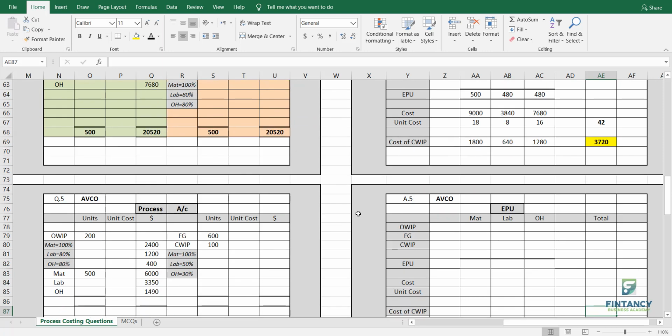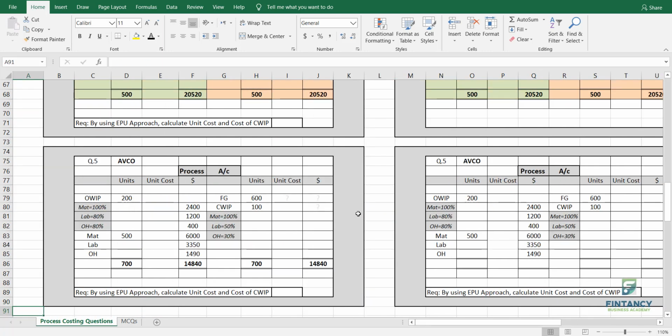with the fifth question. Now see, we are moving towards opening work in progress. Getting it, everyone? Okay. Whenever there is opening work in progress, you need to know which method to use. Again, I am repeating. Whenever there is opening work in progress, you need to remember which method to use.